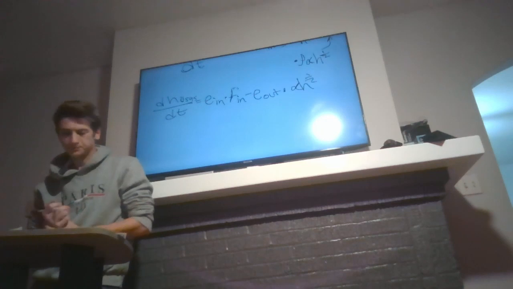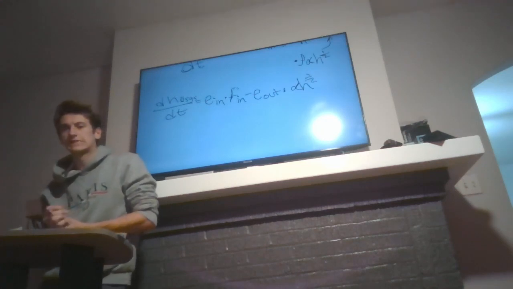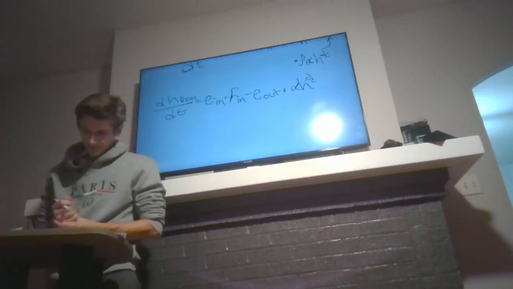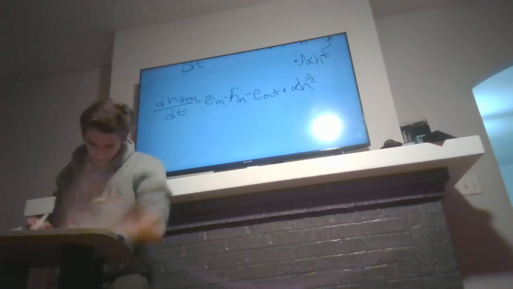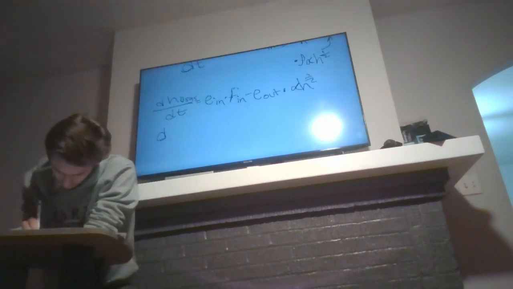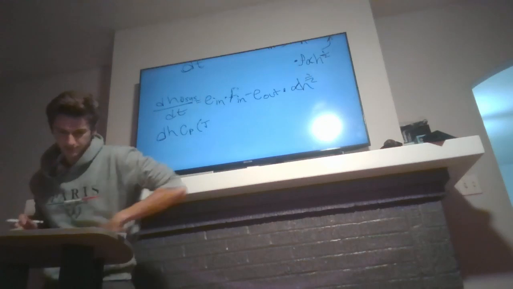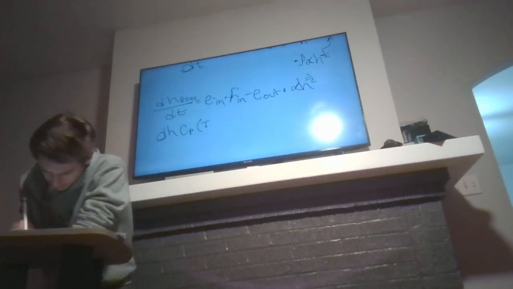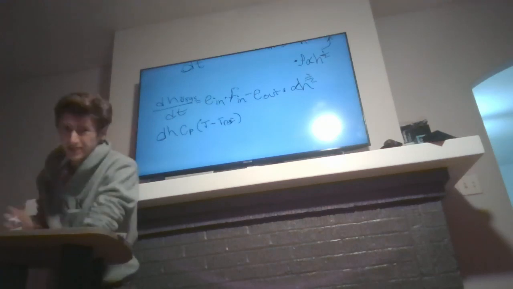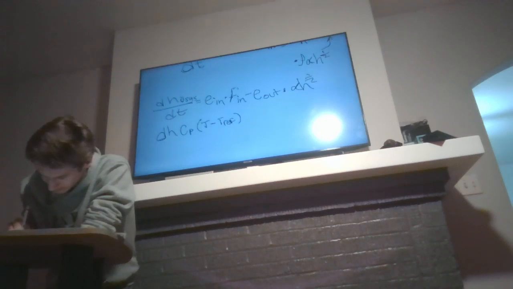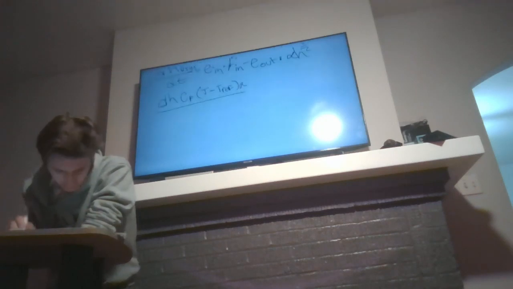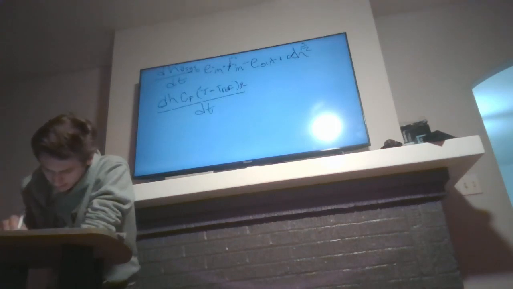Alrighty, now what we will do is still continue to simplify the derivative. So dH, CP. This is going to be the U system that we saw earlier. Temperature minus the temperature reference. The reference is negligible, so we'll end up canceling that out anyways. Times the area, all divided by dt equals, hopefully I'll be able to fit this in,